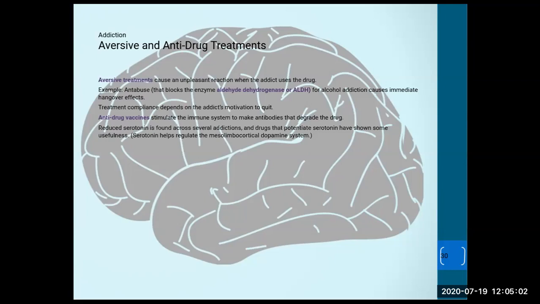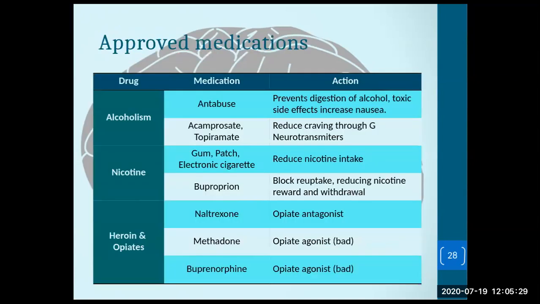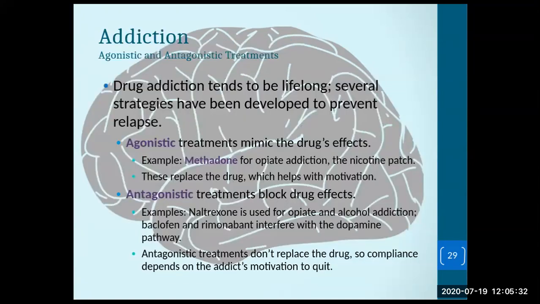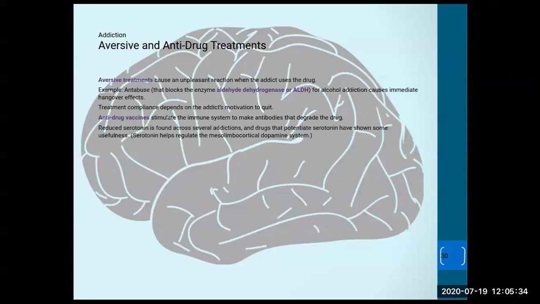Reduced serotonin, which again is what we see a lot in depression. We see this in several addictions, this reduced serotonin level. So people are comorbid, double diagnosed. A lot of times it causes depression. So drugs that potentiate serotonin, like Wellbutrin, and if I go back, sorry, really quick, bupropion, which is Wellbutrin, that's the name of it. It's an antidepressant, and a lot of times it has shown some usefulness because serotonin helps you to be less